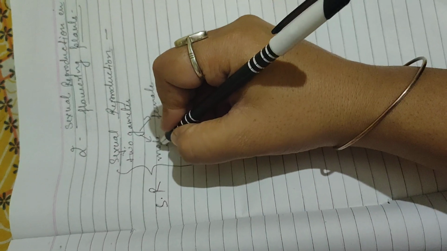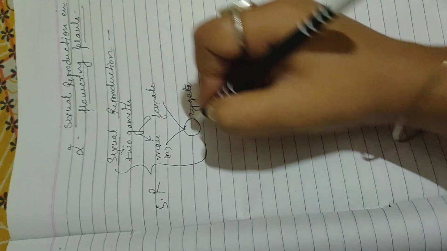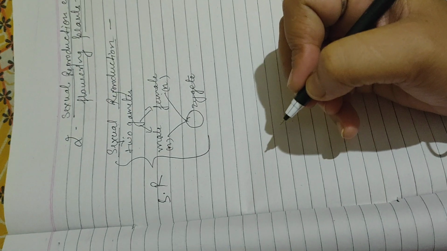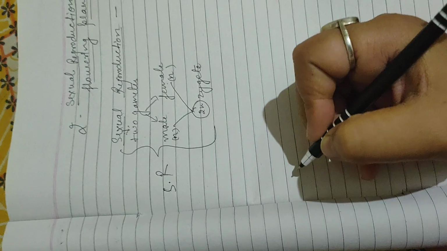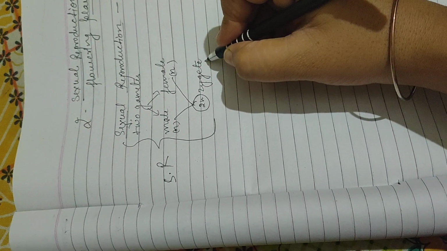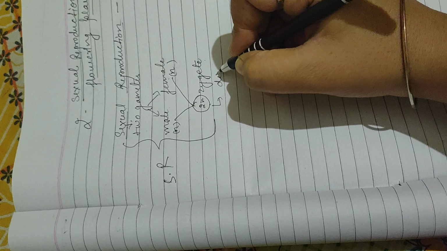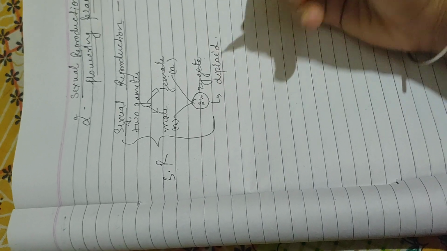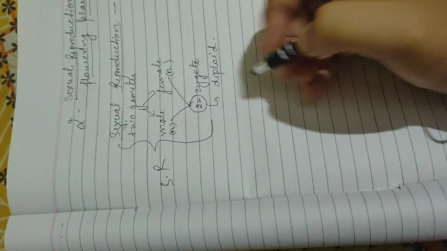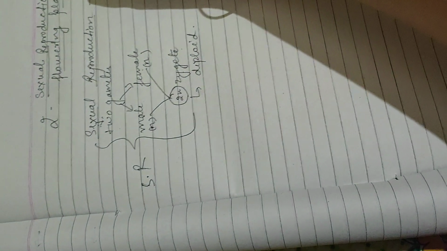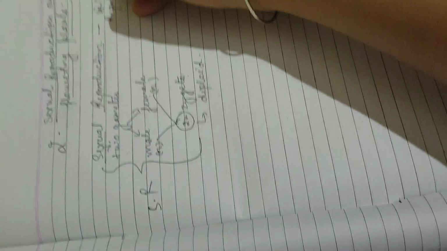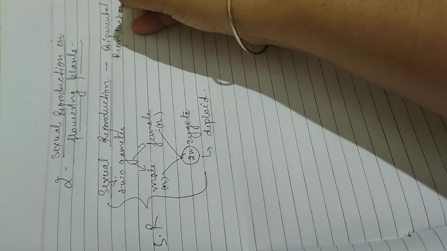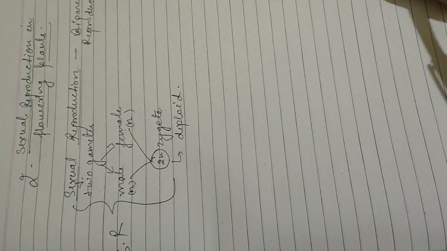According to chromosomes, the male gamete has half the number of chromosomes and the female gamete has half the number of chromosomes. Both half and half combine together to form 2n number of chromosomes, that is the zygote, and this condition is also the diploid condition. In sexual reproduction it is also known as biparental reproduction. Okay, come to the point.